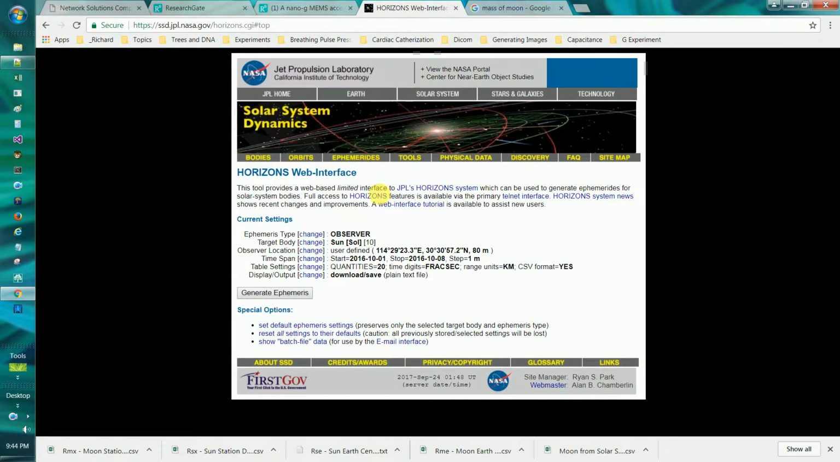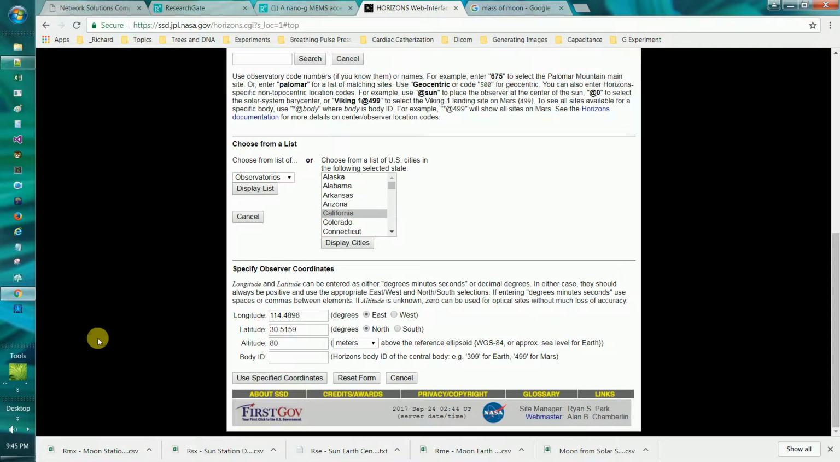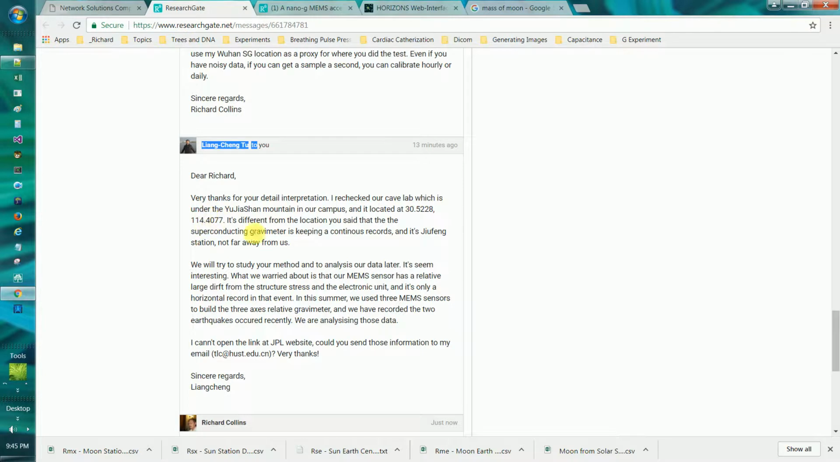The Horizons web interface is one way to go at this. For many things, you can do some rough calculations here. For instance, here I'm generating an observer table from the sun to a particular location. The one I have is the superconducting gravimeter location, and I can change that here to be the one that you gave me, which was